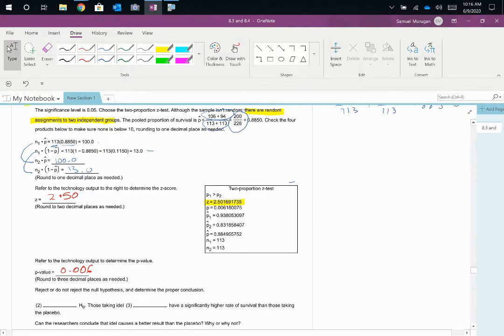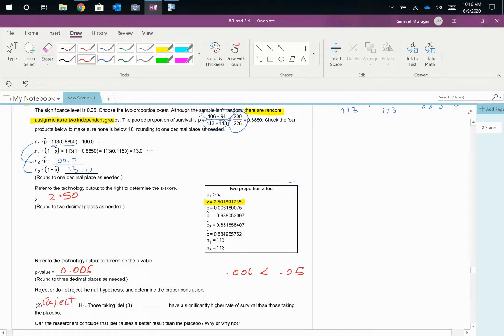Now, 0.006 is less than 0.05. Therefore, we would reject